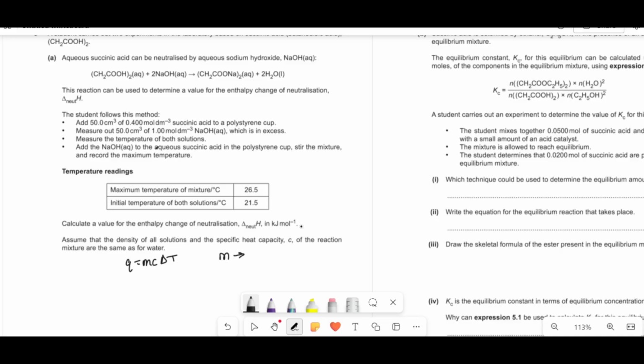And we're assuming that it's got the same density as water as well. So 1 gram of water has the volume 1 centimeter cubed. So 1 centimeter cubed, 1 gram, right? That's its density at room temperature and pressure. So that means if we have 100 centimeters cubed of this solution, we're going to have 100 grams as the